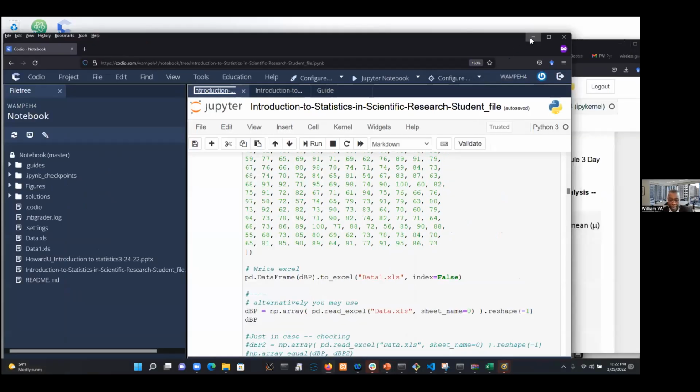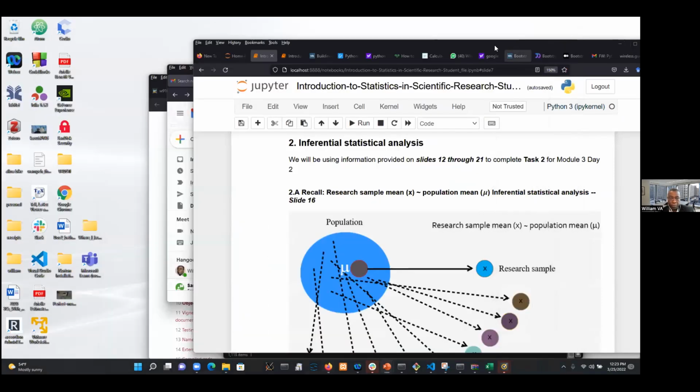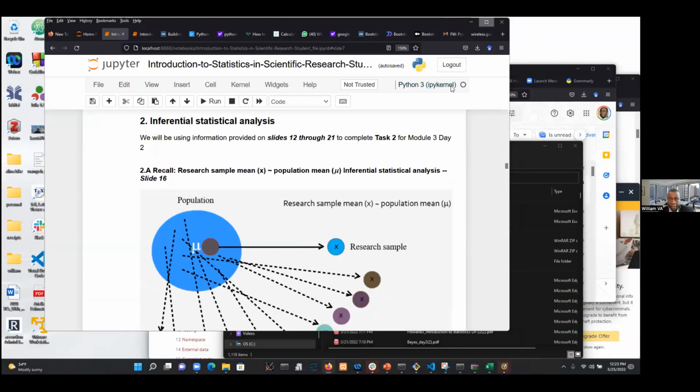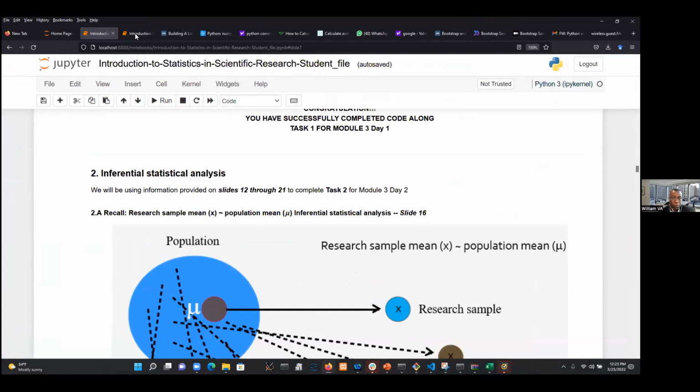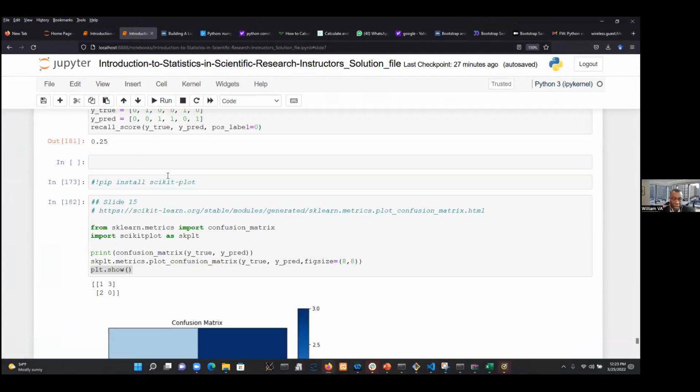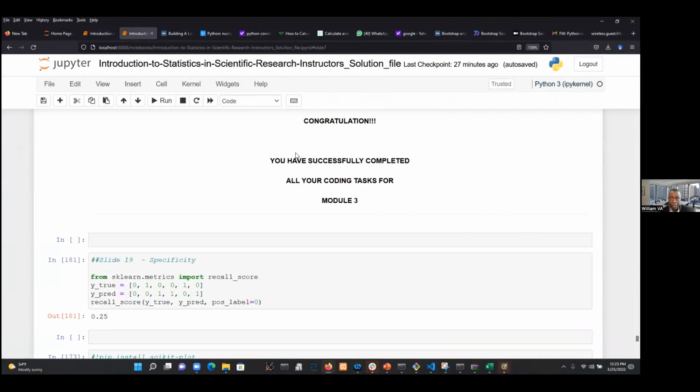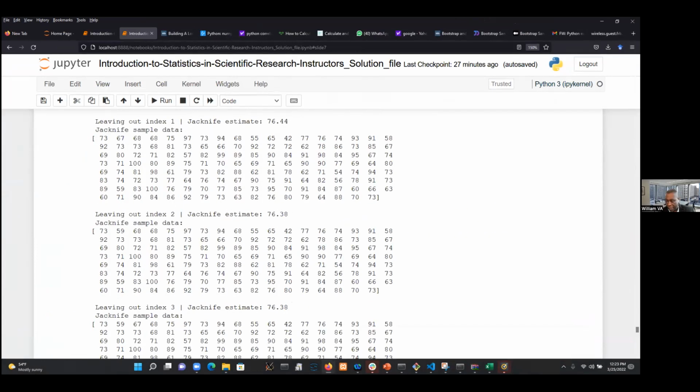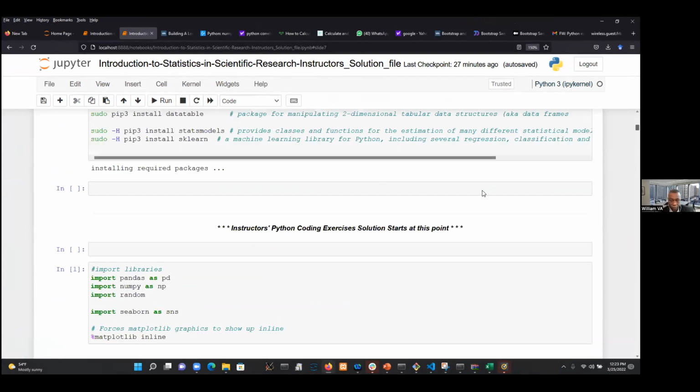So we're going to continue and see what improvements we were able to make after going back home and looking at it. Okay, so I'm going to work on the instructor file. You look at it and run it in your student file, and stop me where it's not